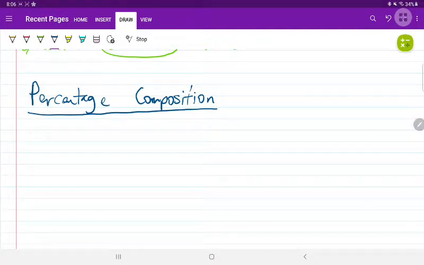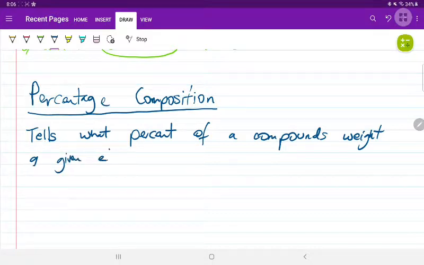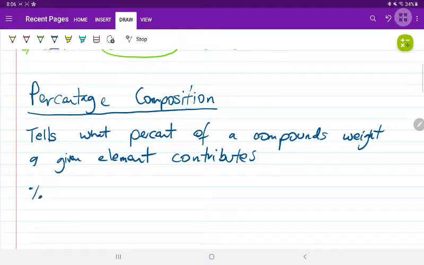So the percentage composition tells what percent of a compound's weight a given element contributes, or what percent of a compound's weight a given element is responsible for. Okay, and to do that, what you do is you find the percent of